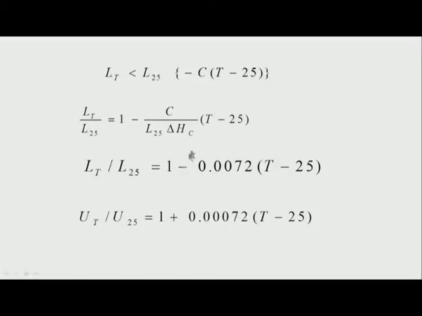If I do an experiment, I will find that LT by L25, that is the lean limit at a temperature T which is higher than 25, should be smaller, and the value is 1 minus 0.0072 into T minus 25. If the temperature is going to be lower, well, this becomes negative, this becomes positive, and the limit increases